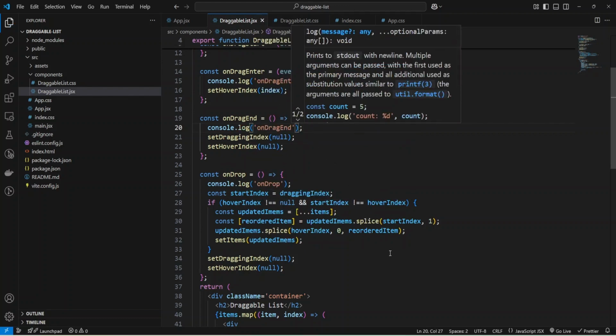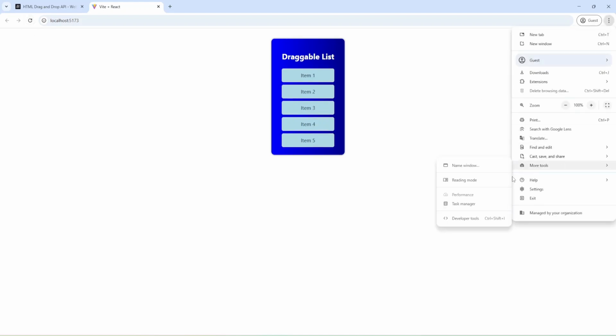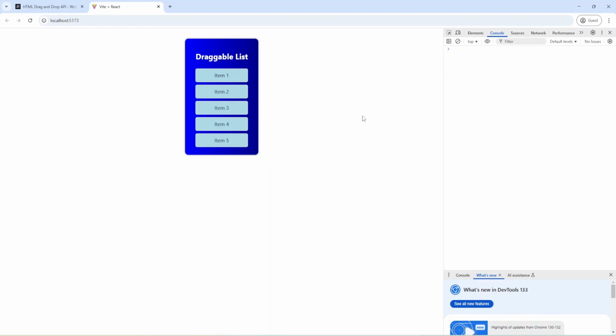Okay, and let me open the console, and now I'm going to grab item 2, and as you can see we have on drag start, on drag enter, again on drag enter, and now I'm going to drop, and as you can see we have on drop and on drag end events, and our items were changed, and we have the initial styles.